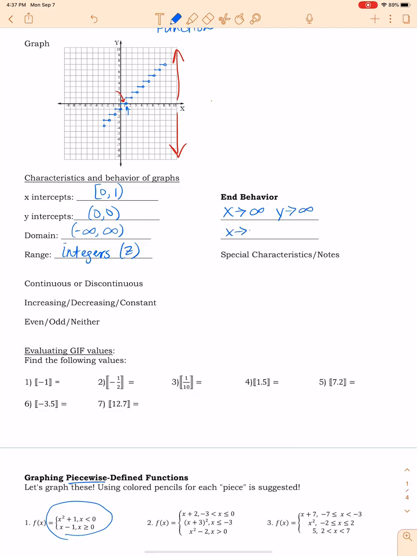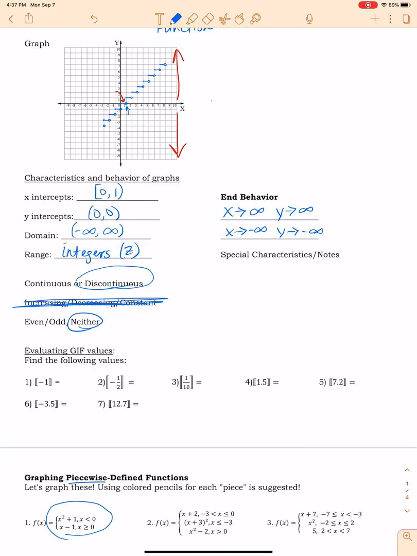And as x approaches negative infinity, y also approaches negative infinity. So this is a discontinuous graph because you have to pick up your pencil to draw it. It is not increasing or decreasing. It's not doing any of that. It does not have odd or even because it doesn't have origin symmetry or